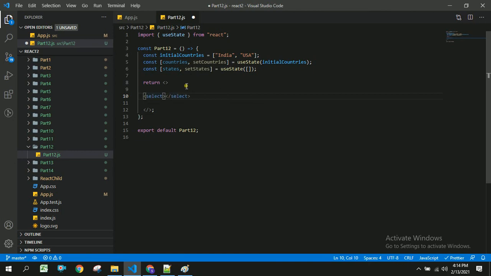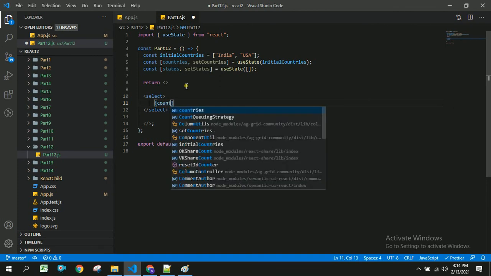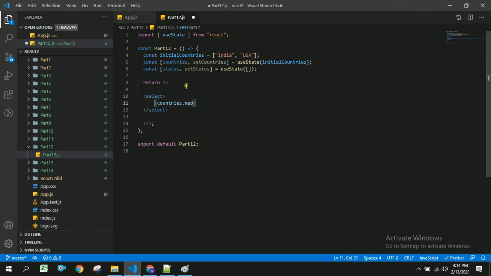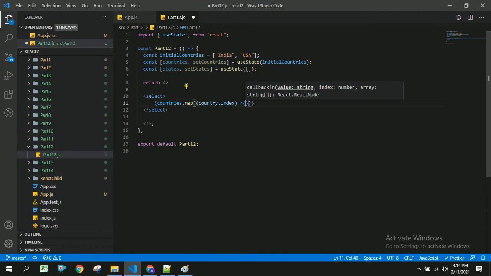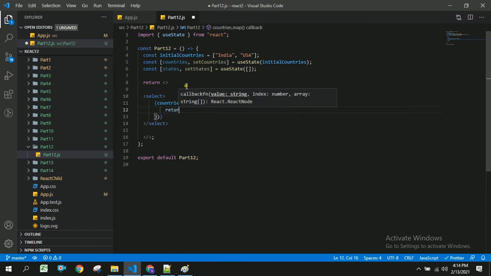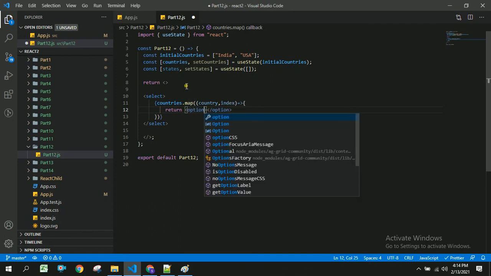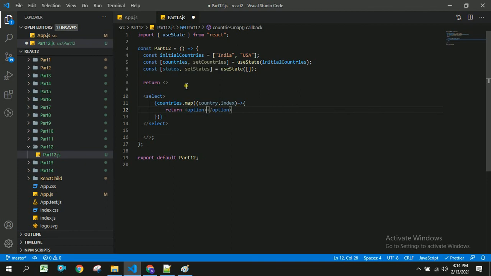Select, and inside this I am going to render countries dot map, with country and index. Inside this I am going to return option, which consists of all the options. Option as country.